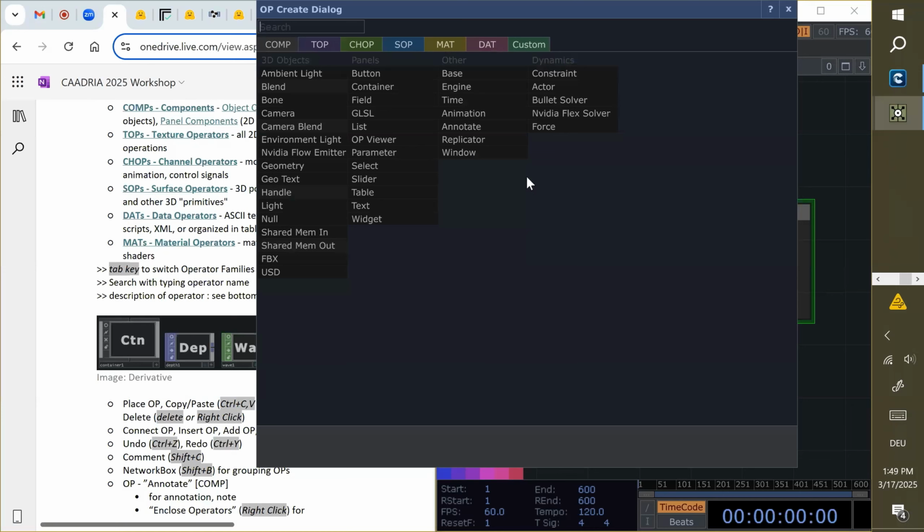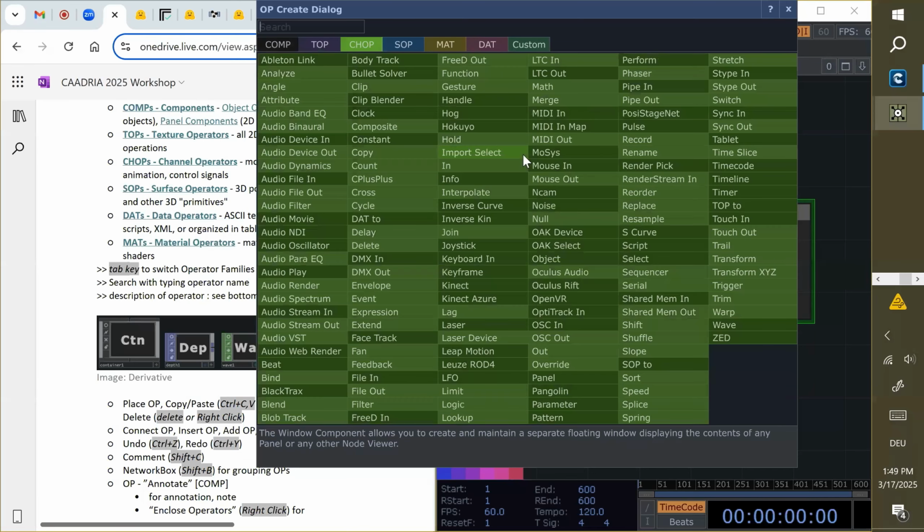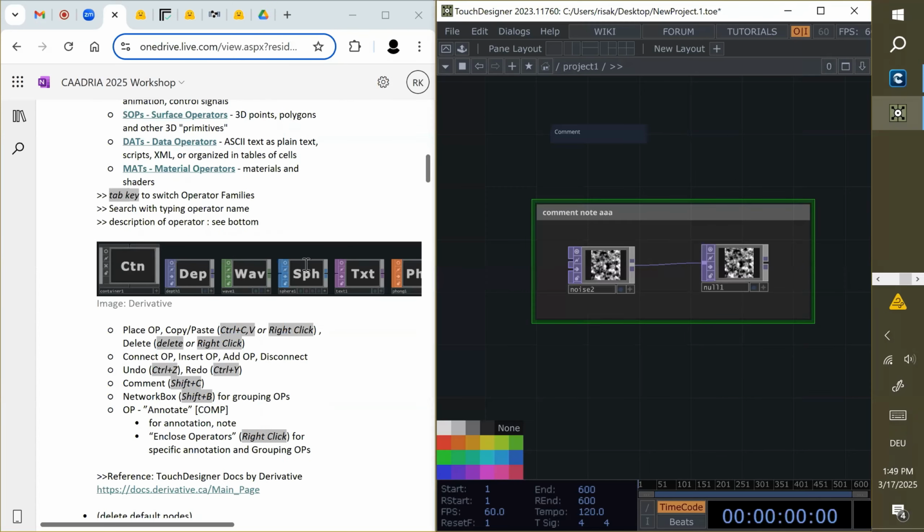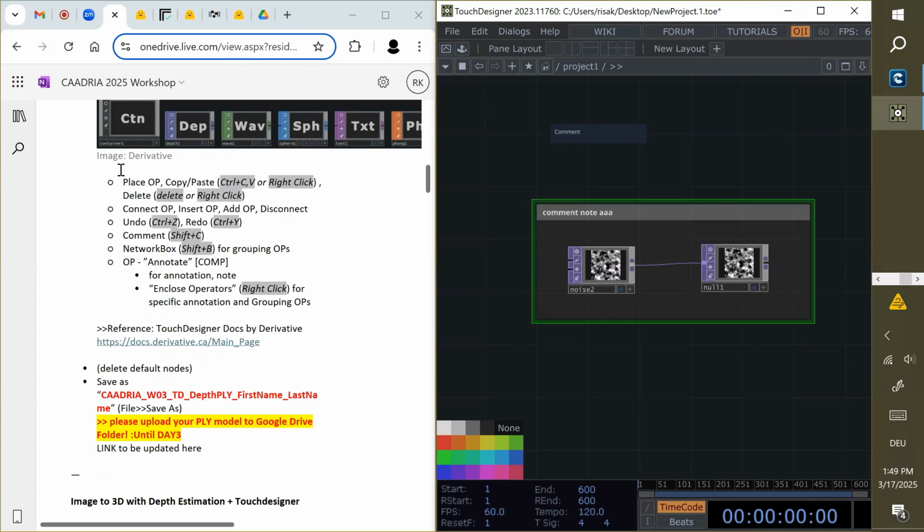If you have this window, you can press the Tab key on the keyboard to change these functions. And we already placed some operators, copy-paste operators, and deleting and connecting operators, undo, redo, and comment, and network box for grouping, annotate for grouping together with comments, and so on. So this is the basic introduction for Touch Designer.